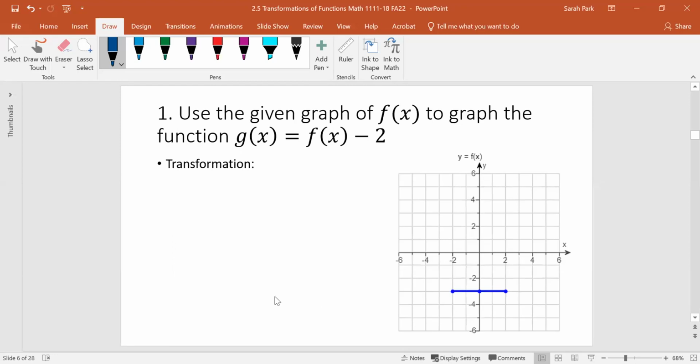Let's do some examples. Here we have a graph. We're not given an equation for the graph. We know the shape of the graph. It's a line segment here. While we don't have an equation, we are going to say this represents f of x, and we're going to find g of x, which takes f of x minus 2. We already learned that if we subtract 2 from the function, this is going to be a vertical shift down